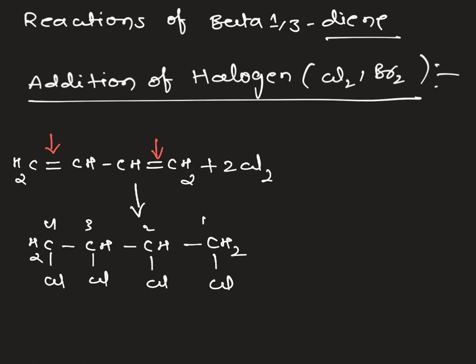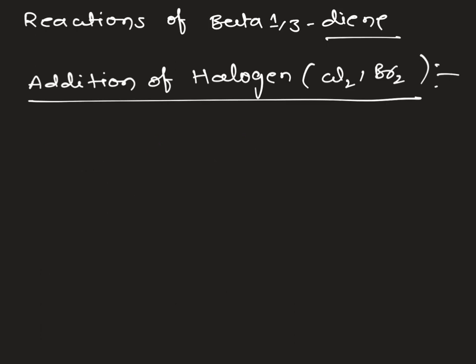So whenever we are using one equivalent, there is always a possibility of a 1,2 addition product and a 1,4 addition product. If you use more than one equivalent, definitely wherever the unsaturation, the double bond, is there, in each case it can break and the chlorine addition will take place. So this is about how product formation changes with respect to the equivalents, and with respect to temperature and solvent, in the halogens case. Similarly, I can take other reactions, that is addition of hydrogen halides.